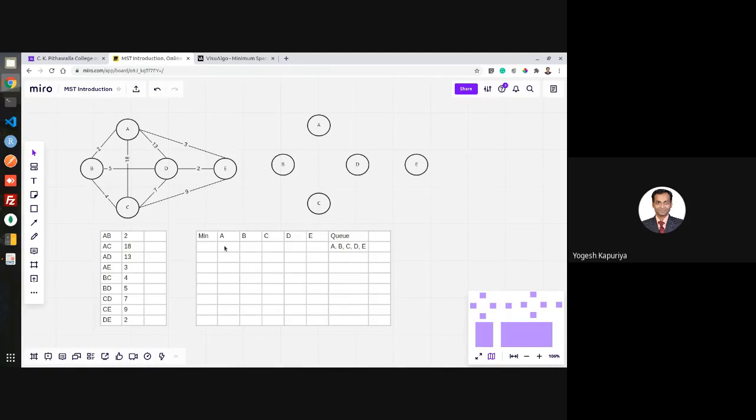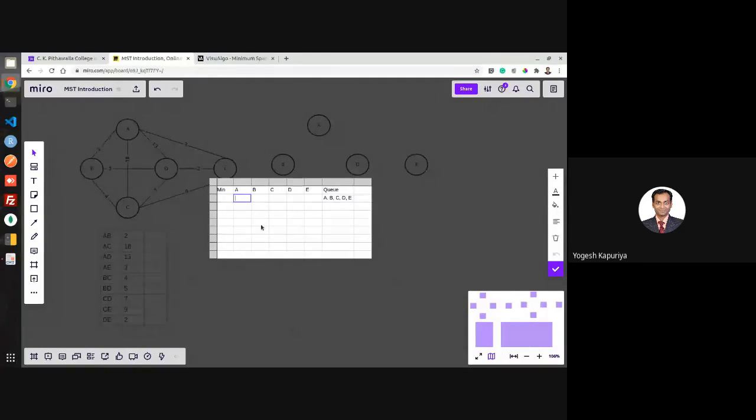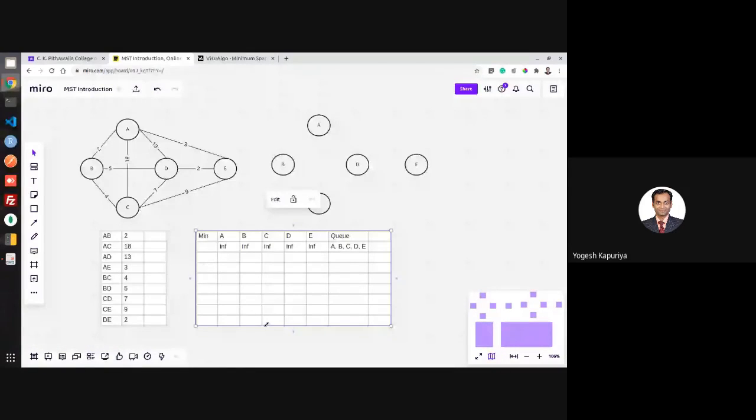Before you insert these inside the queue, you are supposed to set each key to infinity. Obviously, in this algorithm, you require one vertex to work as a source vertex.